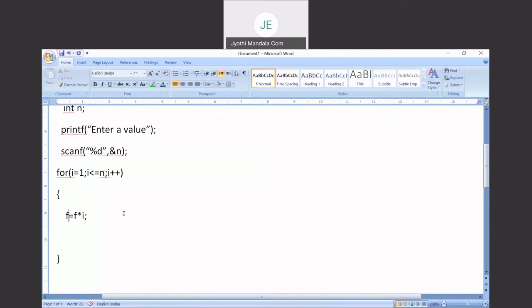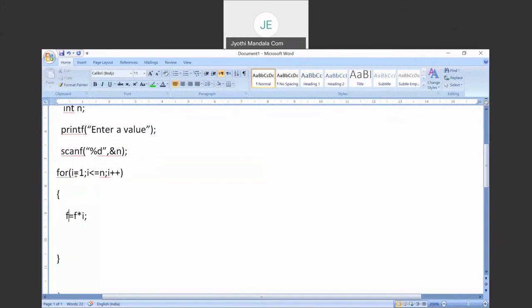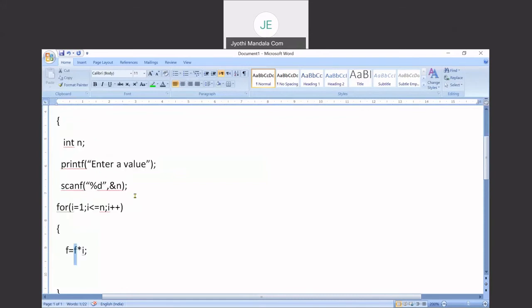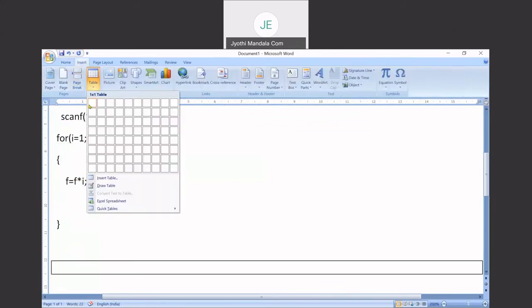more careful. Okay, now if you see here, I want to multiply one value with this f value, and I want to store the complete value in f for the first iteration. So I want this to be preserved as 1 only. To do the task, the initial value of f, I will take it as 1. Now what happens? 1 star 1. It will be 1. So now I will write here what happens initially. Let me take a table.